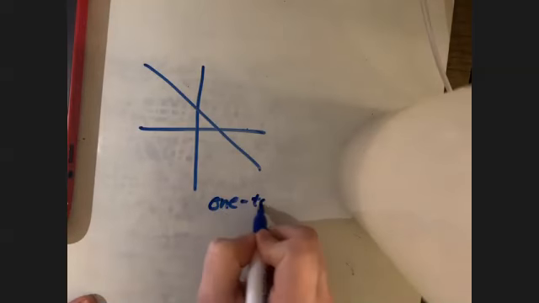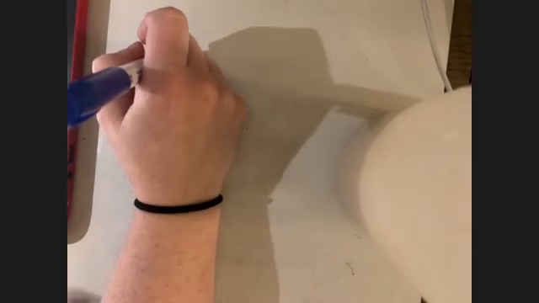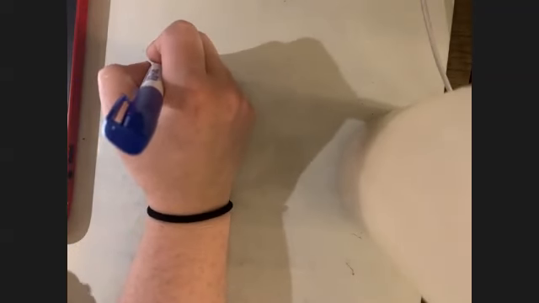This one is 1-to-1. It passes the horizontal line test. So now, the next thing that we are going to look at is creating inverse functions. One of the ways that we do inverse functions is basically called verifying